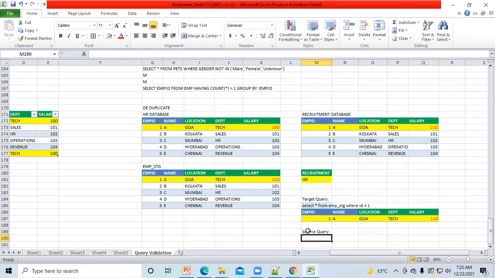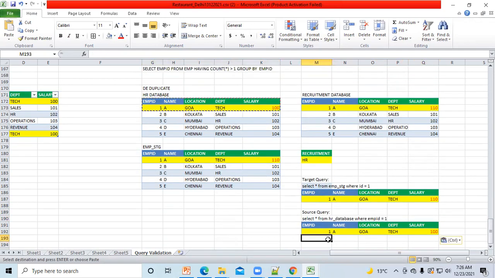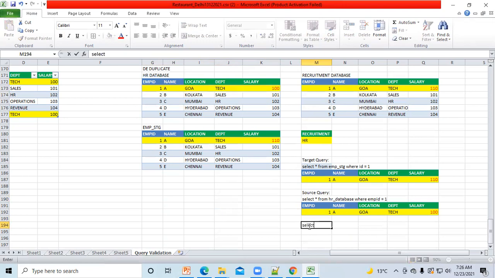In the source query, write a query: select star from, suppose, the HR database. This is the one query you have to write. The data you will get is where employee ID is equal to 1. When you execute this query, you will get this as an output. And then you have to write one more query: select star